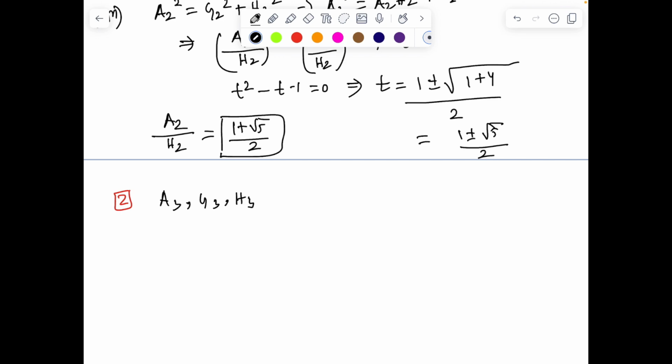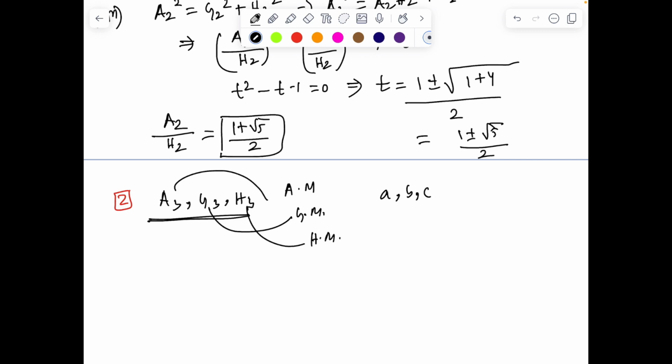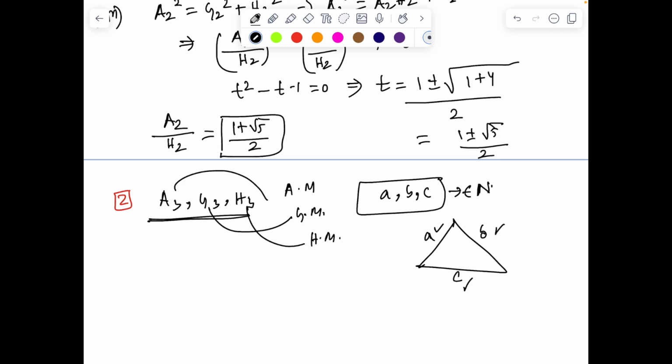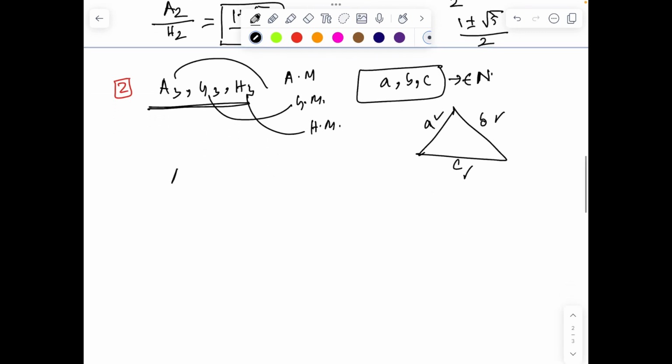Okay, ABC of an integer triangle. These three guys are the arithmetic mean A3, geometric mean G3 and harmonic mean S3 of the sides ABC of a triangle such that ABC belong to the natural numbers. So we have integer sides of a triangle ABC and the harmonic mean, arithmetic mean and geometric mean of ABC is given. Now the question is, it is possible if and only if, so we have to prove